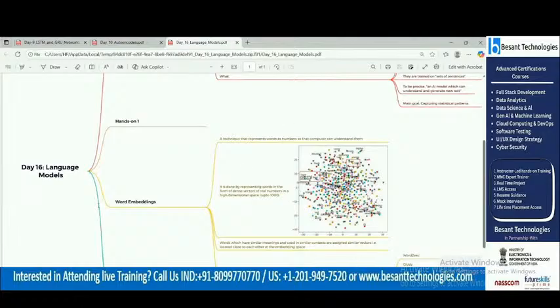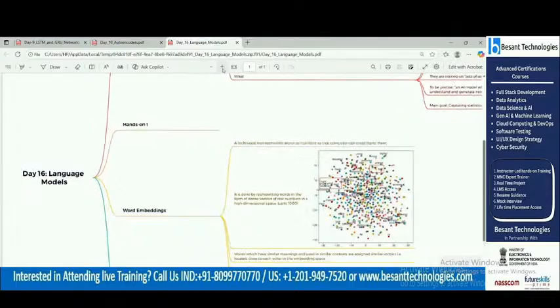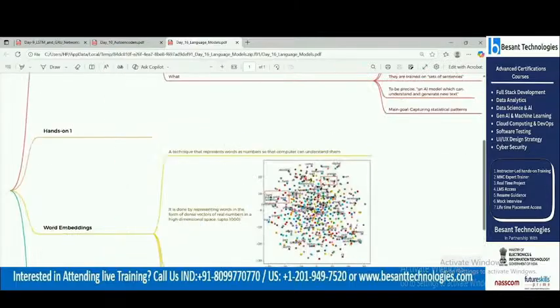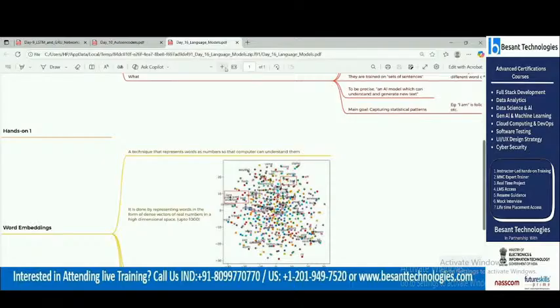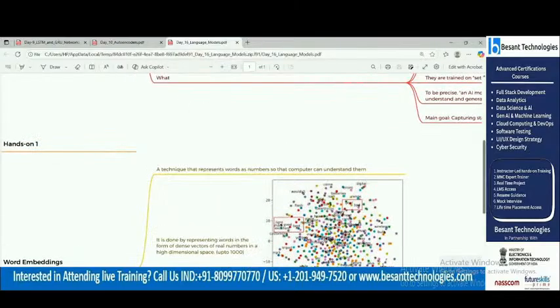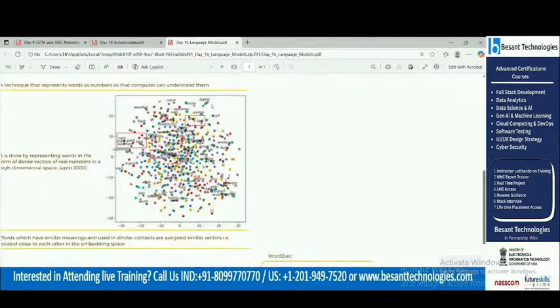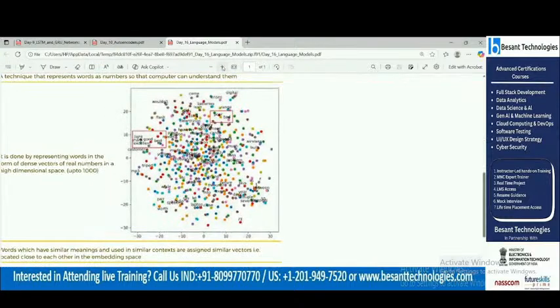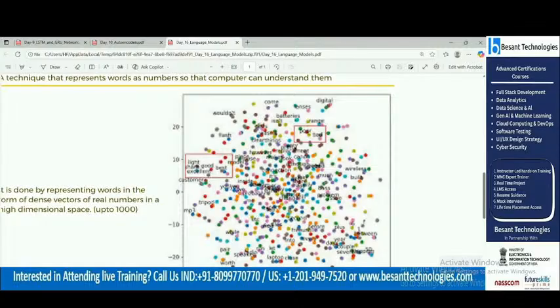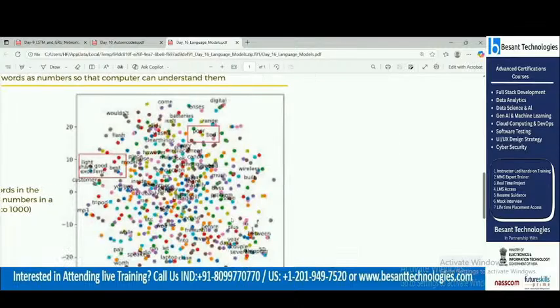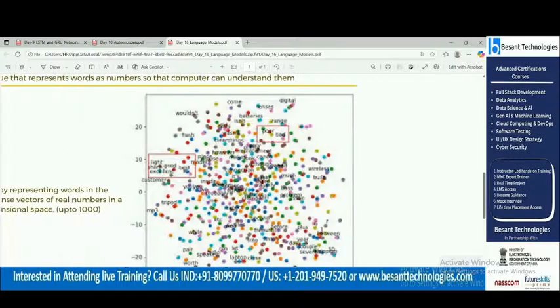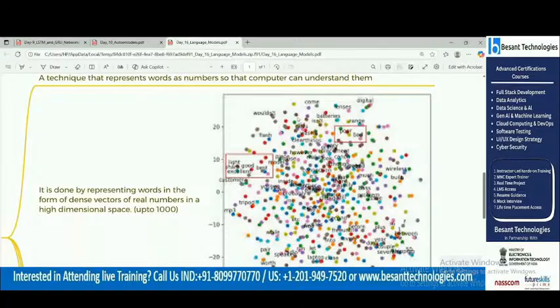Okay, so here, see here, this picture, if I maximize it I'll show you. Are the words visible? Some words are visible, right, in this chart? Would, come, bad, work. Yes or no? Would, come and all this. So what are these? These are some words you are representing, right? In your graphical space, in your dimensional space, you are representing.